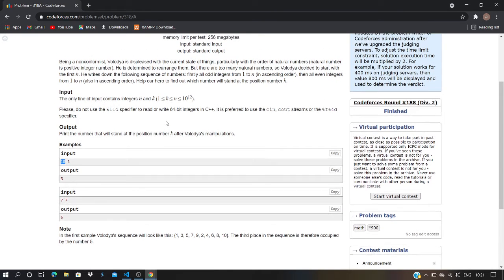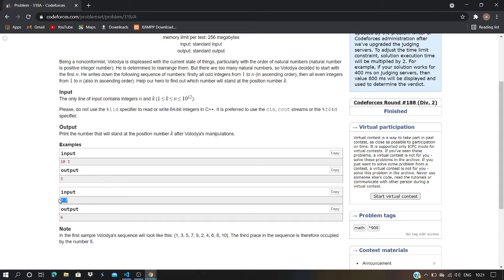So what this guy does is he first writes all the odd numbers that come in the given range, like 1 3 5 7 9, the odd numbers between 1 and 10. So n is 10 here, and after the odd ones he arranges all the even ones. What you have to print is the kth element. In this case k is 3, so 1 2 3, k is 5, so you have to print 5.